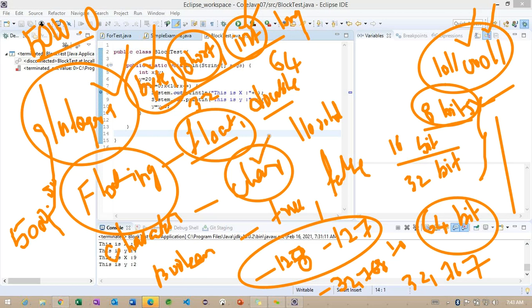And compared to C and C++, the char in Java is going to take more. Basically, it is going to take 16 bits here, and in C or C++ it is going to take 8 bits. Getting the point. In C and C++, a character takes 8 bits, but why does it take more in Java? Basically, it is going to communicate with the internationalization concept called the Unicode system here, and whatever value we specify, internally it is going to check with the ASCII value.